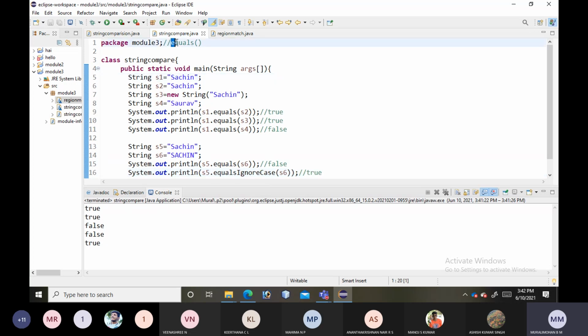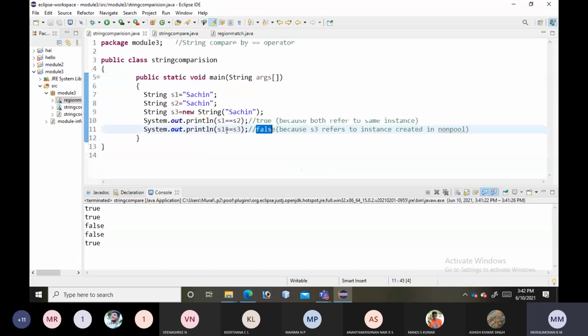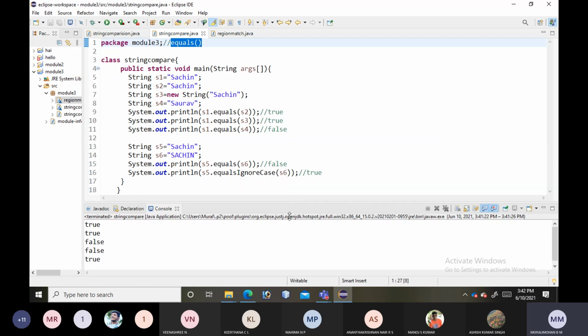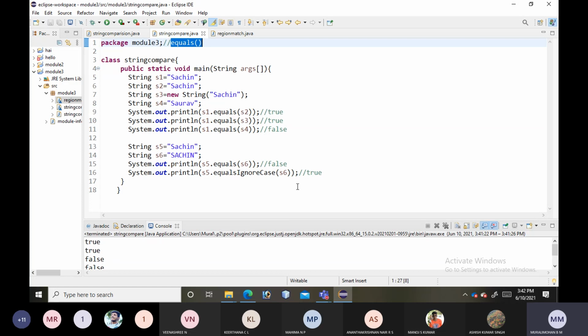Here this equals method is comparing the strings based on the content or the characters in the string, whereas this equals operator is comparing the string reference objects. Object references it is comparing, right? So this is the difference between the two versions of string comparison, with respect to the equals operator and the equals method. Is it clear? Yes, sir.